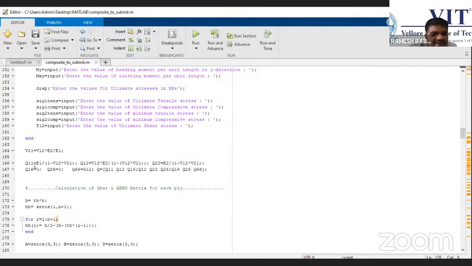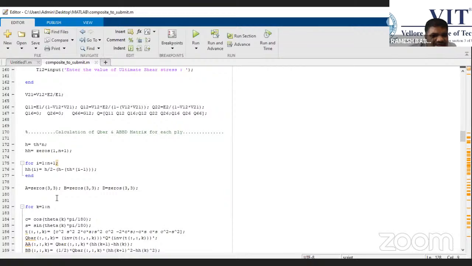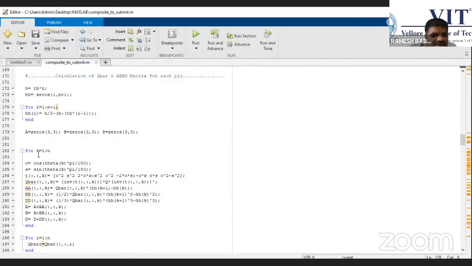Then we can find Q11, Q12, Q22, Q16, Q26, and Q66. As you already know, this is a plane stress condition. Then h, theta, from n = 0 to n plus 1. Then we can find out the ABD matrix here. K to N, how many layers are there here? So based on this number of layers,